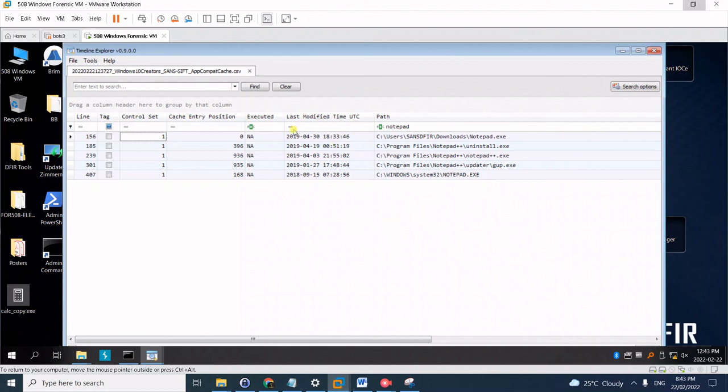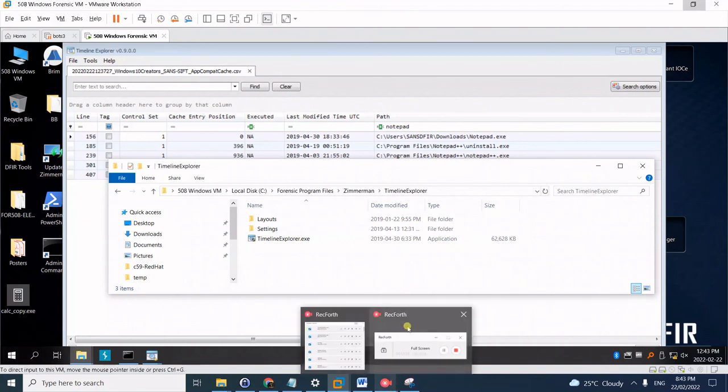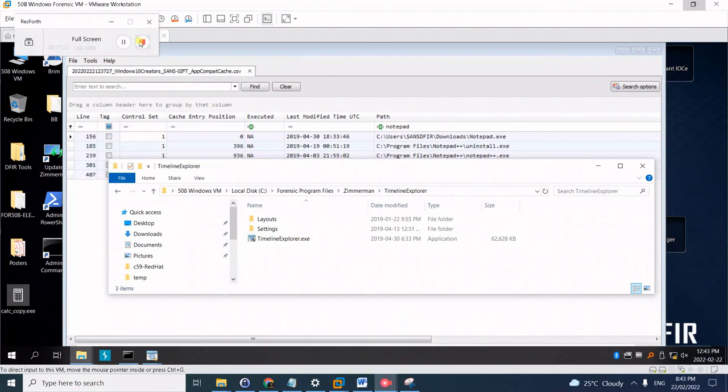And you can even detect timestomping activity if there's a variance or deviation between the last modification time in the Shimcache and in the MFT. Okay, so hope you learned some